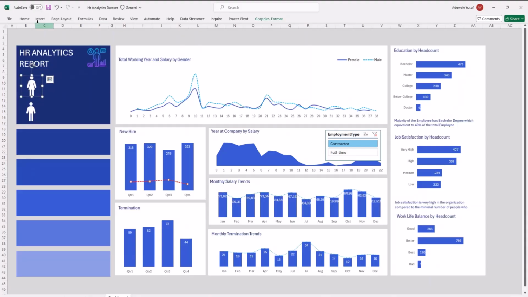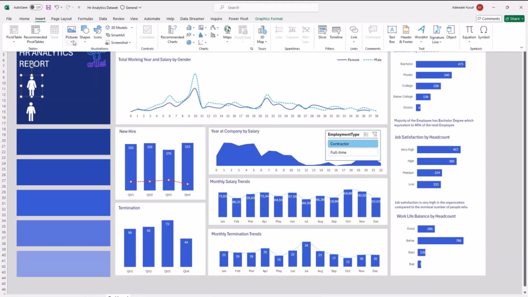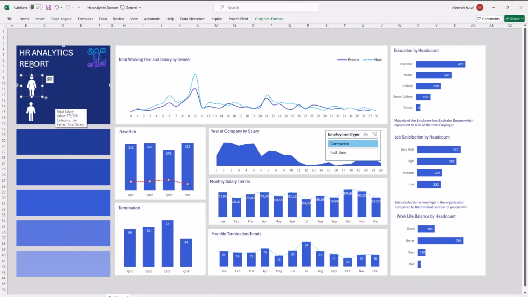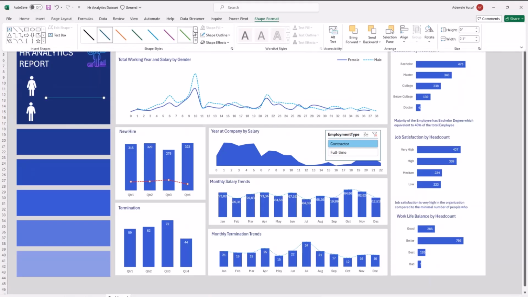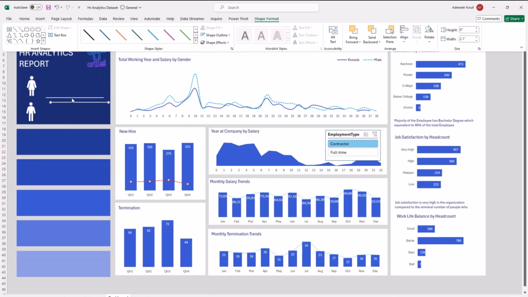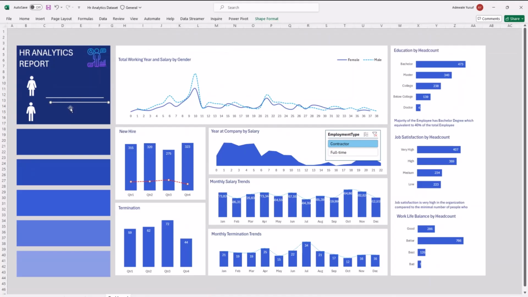And I'm going to use a line to demarcate this. So I'll go to my shape again and just select line. This time I'm going to hold my shift so that the line is very straight. And I'm going to change the color of the line to white, just white. And I'll duplicate this, and I'll bring the line down as well. So just have the line like this.